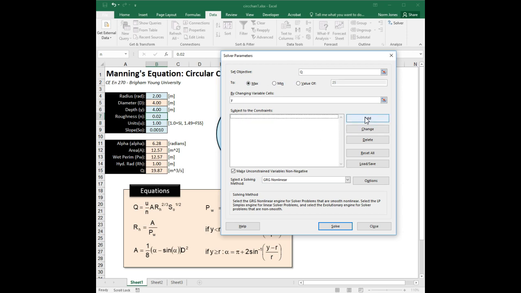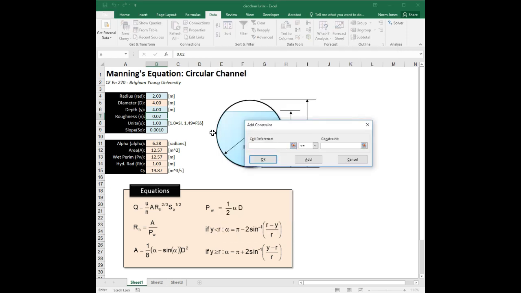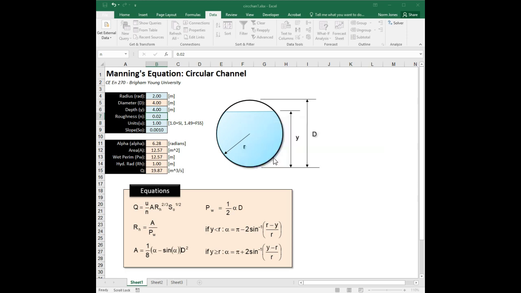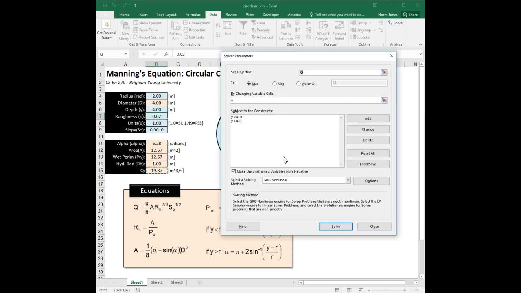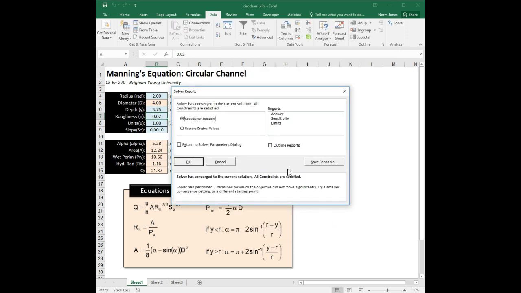You can also add constraints. So you can say Y is less than or equal to D, and Y is greater than or equal to 0. So that adds some constraints here, so that when it starts moving Y around to different values, it doesn't blow up on you. And then you can pick your optimization algorithm, which is beyond the scope of this discussion. And when we're ready, we just click Solve, and